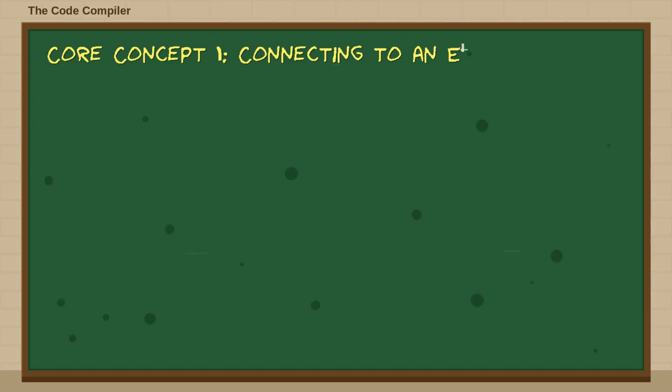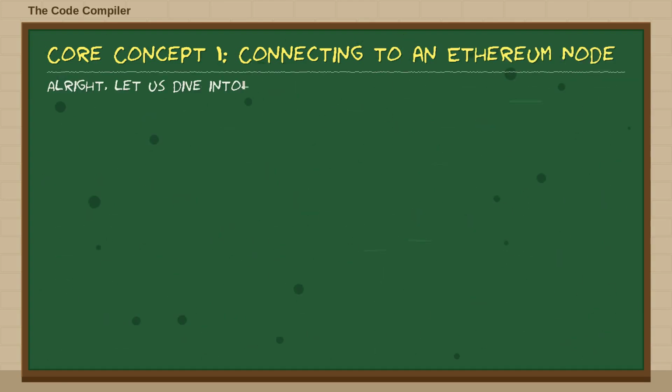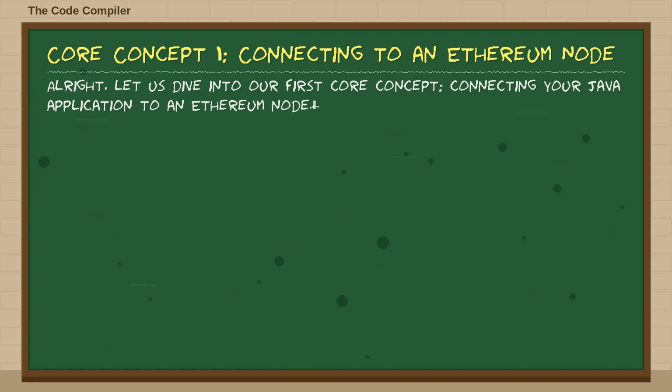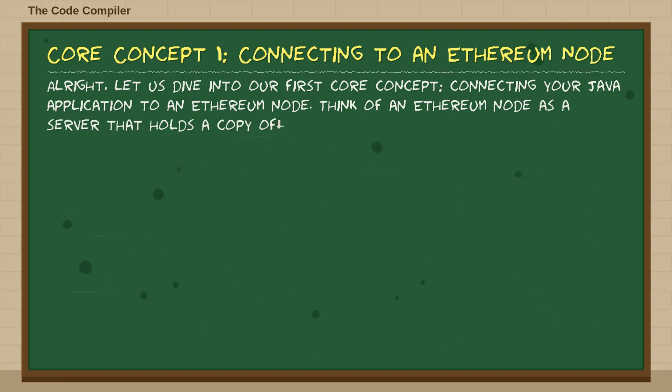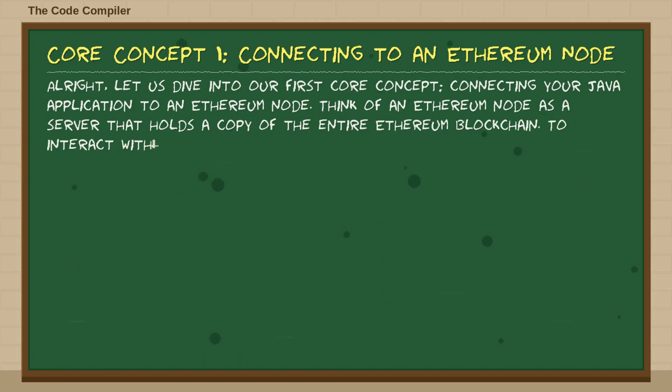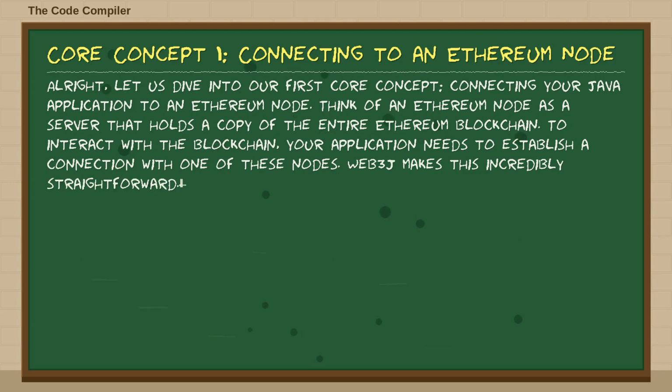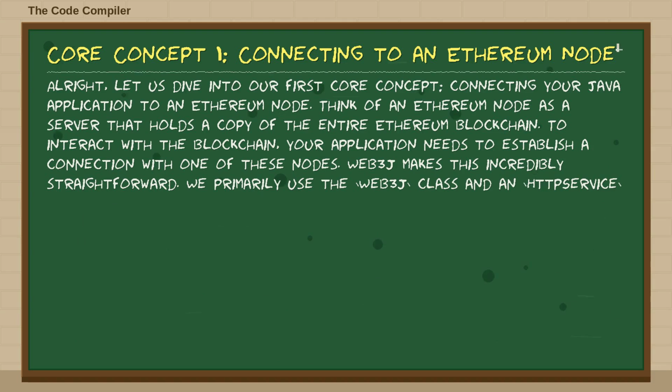Alright, let us dive into our first core concept, connecting your Java application to an Ethereum node. Think of an Ethereum node as a server that holds a copy of the entire Ethereum blockchain. To interact with the blockchain, your application needs to establish a connection with one of these nodes. Web3j makes this incredibly straightforward. We primarily use the Web3j class and an HTTP service to point to our node's address. This address is typically HTTP localhost